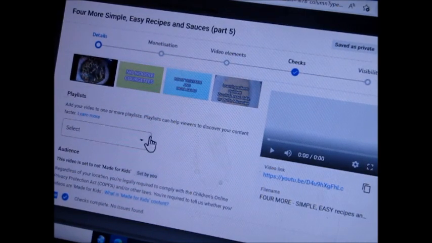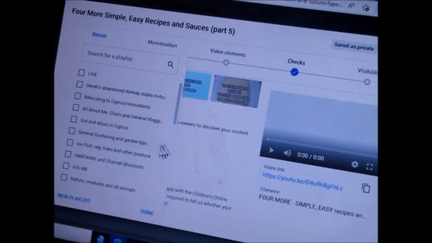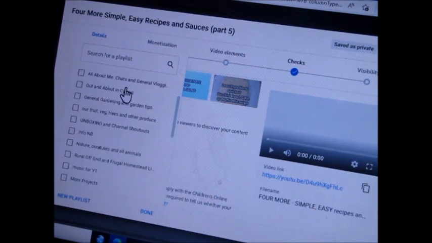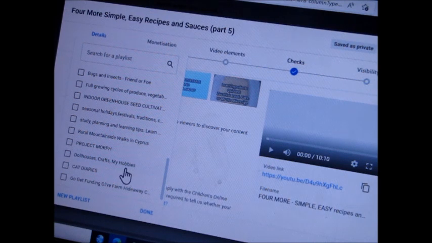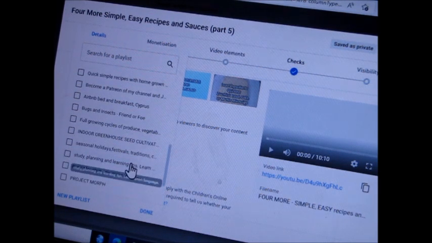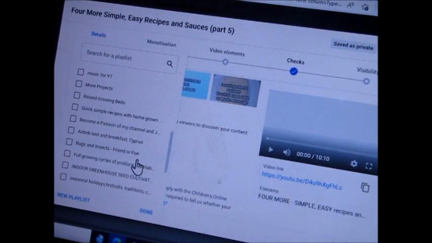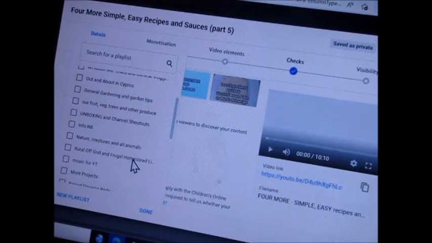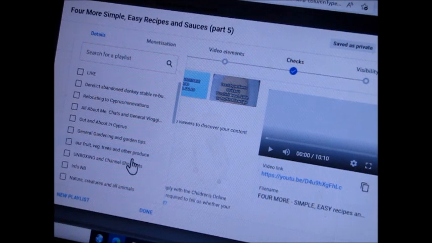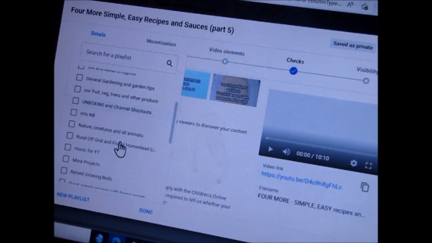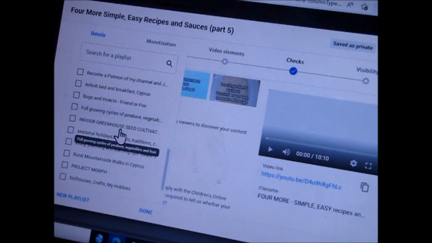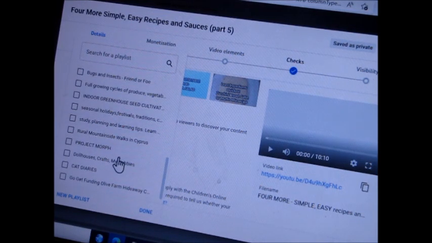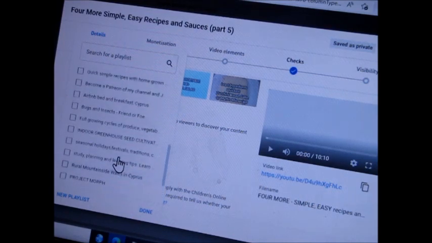Then you can select what playlist you want to put it in, and do check out my playlist. Look how many playlists I have, and that's something else I write in my book that I've shown you, which playlist I've put it in. So for example, this is part of my series, and I look back at the number of the last one to just check that it didn't have a different title name other than my general recipe list. So you can go down these and find where you want to put it, which playlist.